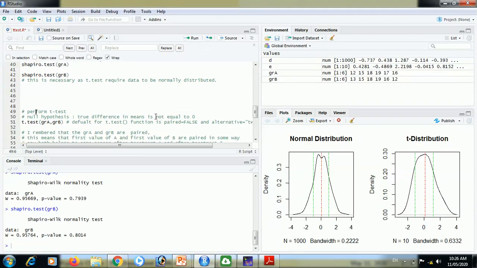Sorry for that. Our null hypothesis is that true difference in means is equal to 0. There is no difference. Mean of group A is exactly equal to mean of group B. That is our null hypothesis.